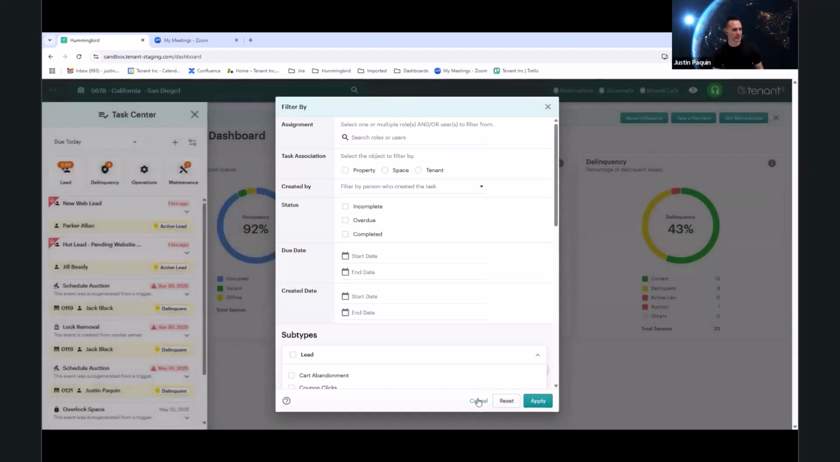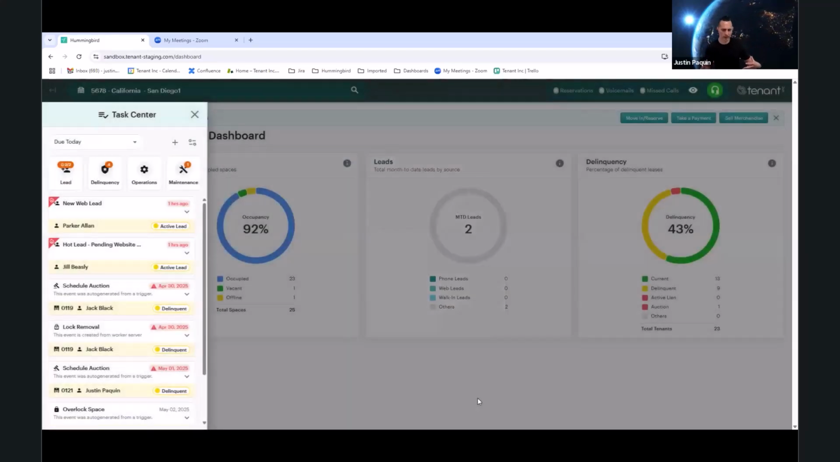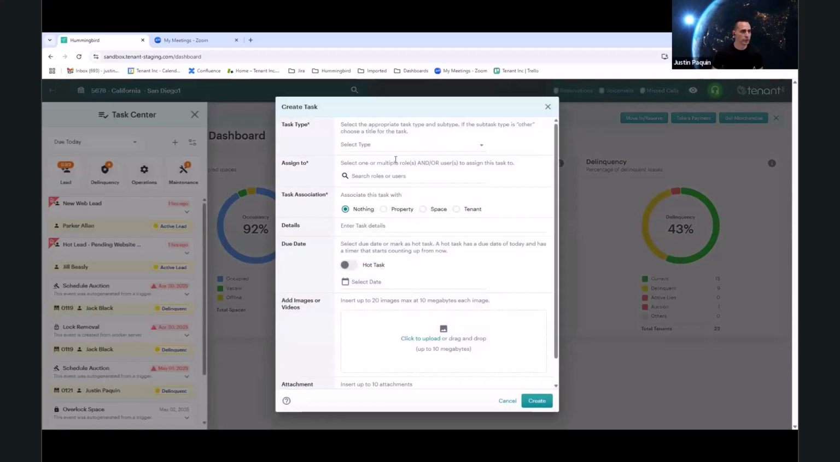When we talk about task assignment, this is something that sort of existed in our task center before for system generated tasks. Obviously, like if it's a lead follow-up, it's associated with the lead. If it was a collection call, it was associated with a specific tenant. Now, when you're creating tasks manually, you can associate them with